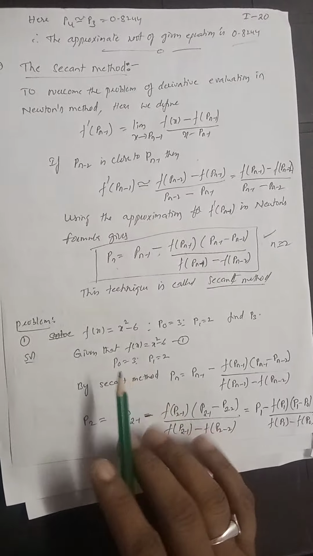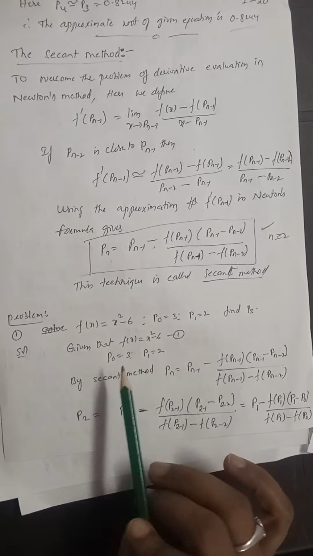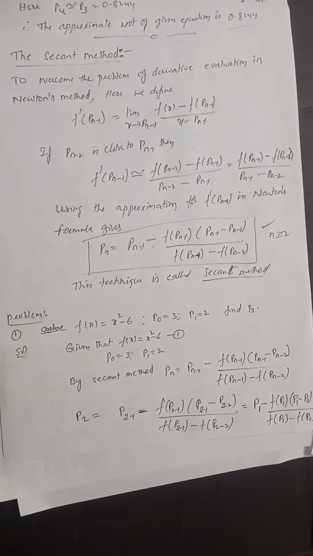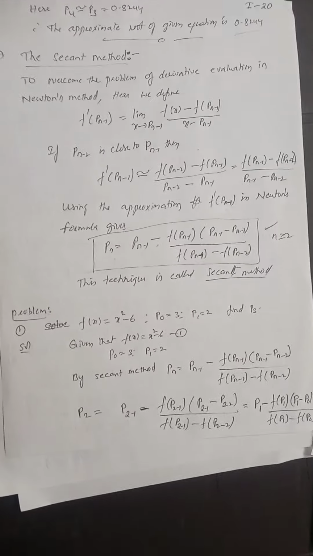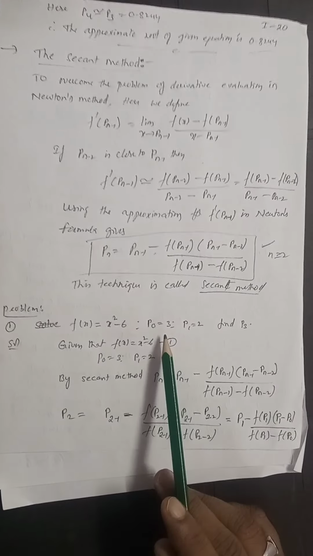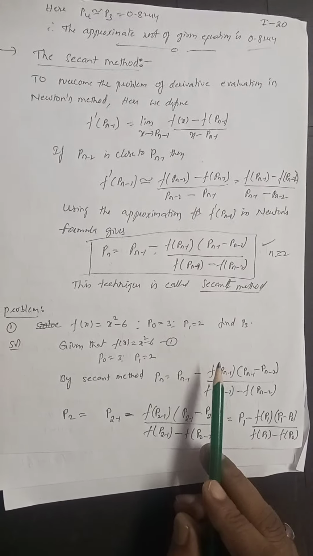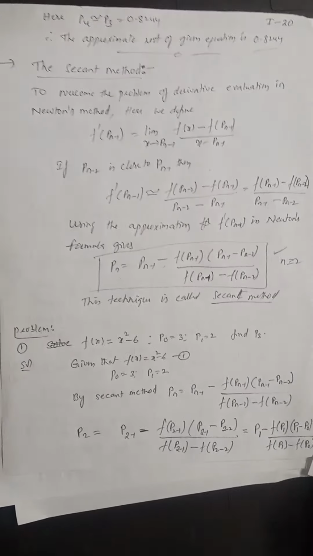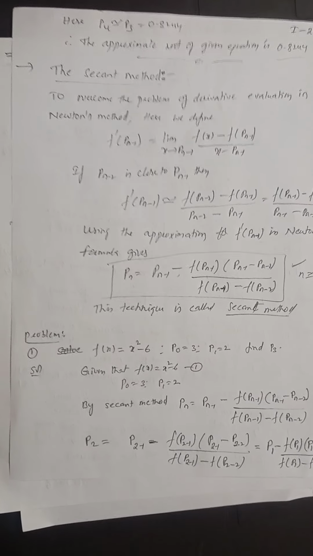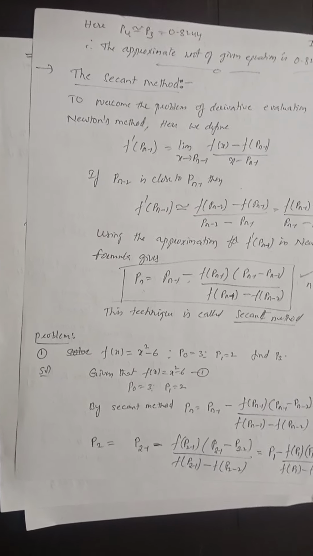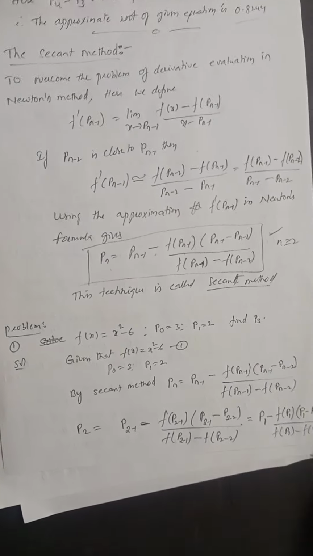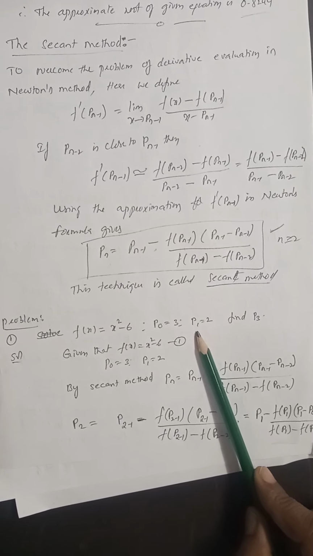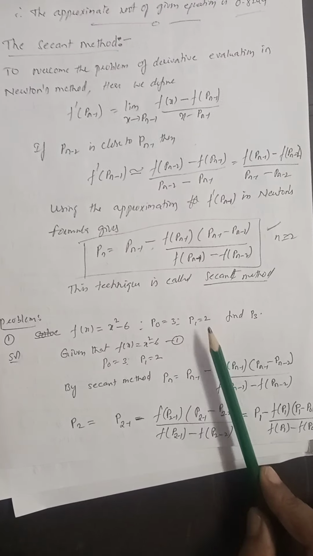Let's look at a problem. It asks to solve or find the root of the given equation. Now solve, or find the root of the given equation by the secant method. Here the values are already given. See, p0 and p1 both the values are given to you. Because if you want to use the secant method, at least 2 initial values must be given. Right? Here p0 is the initial approximation. The next better approximation is denoted by p1. Those values are given to you.